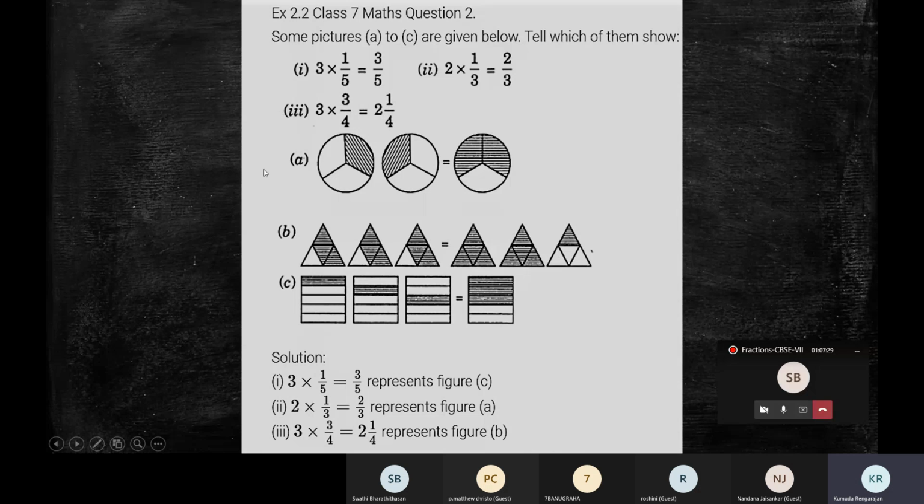See here, 2, 1 by 4. Option, this subdivision 3 goes with B. You can see here, this is 2, 1 by 4. And here you can see 3 by 4 plus 3 by 4 plus 3 by 4, which is 3 into 3 by 4. So 3 goes with B.